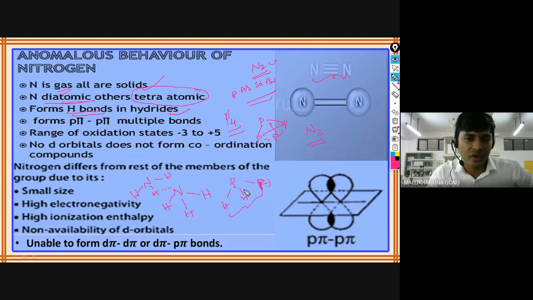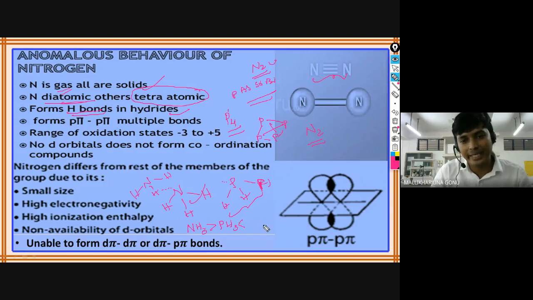Whereas in the case of phosphine, as it is not as electronegative as nitrogen, it will not form the hydrogen bond with the other phosphine molecule. That's how nitrogen is different from the others. Due to that nature, the boiling point and melting point will be different. If you see the pattern of these hydrides, NH3 will have a higher boiling point compared with whom? PH3. As the molecular weight increases, everything will increase.